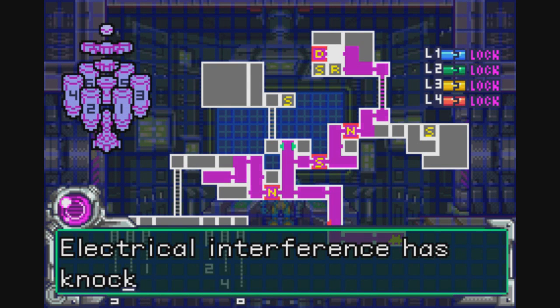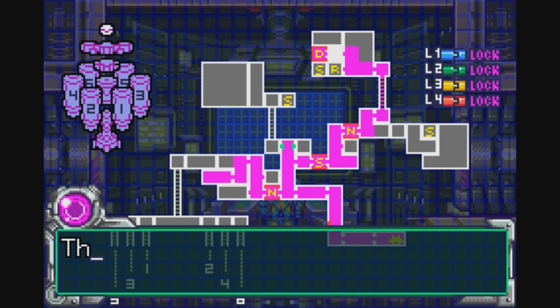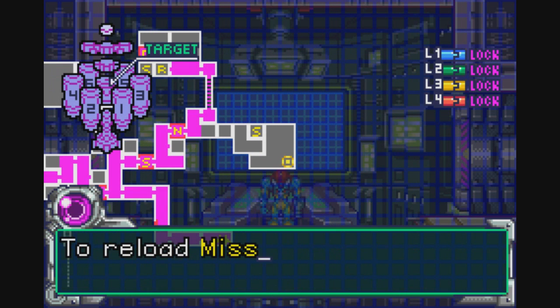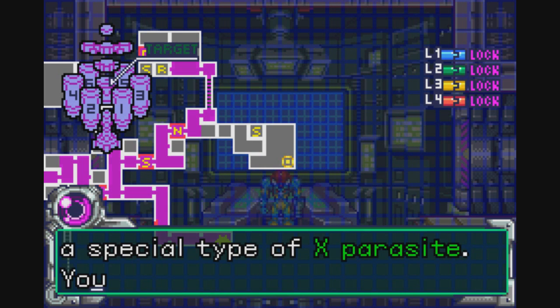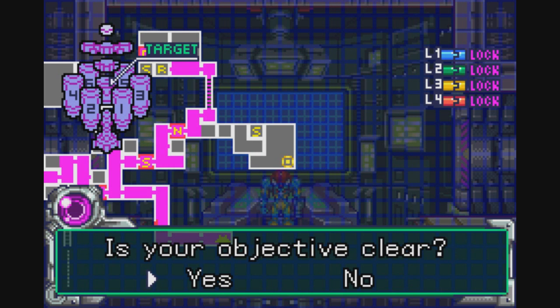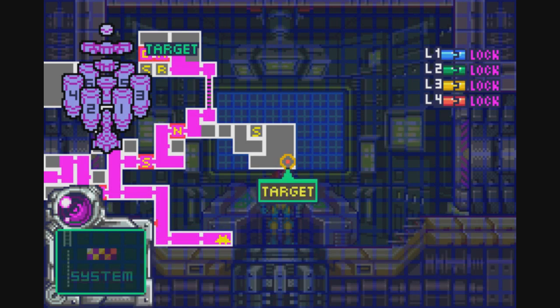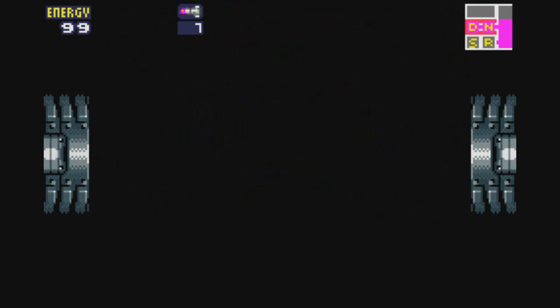I think I finished my first run of the game. I finished like 50% of the items, so there are loads of hidden things in here, like walls you can shoot. Okay, so we need to go there. And we can absorb X parasites for missiles, which is nice. I'm basically just going to defeat this first boss, and I guess we can end it there,